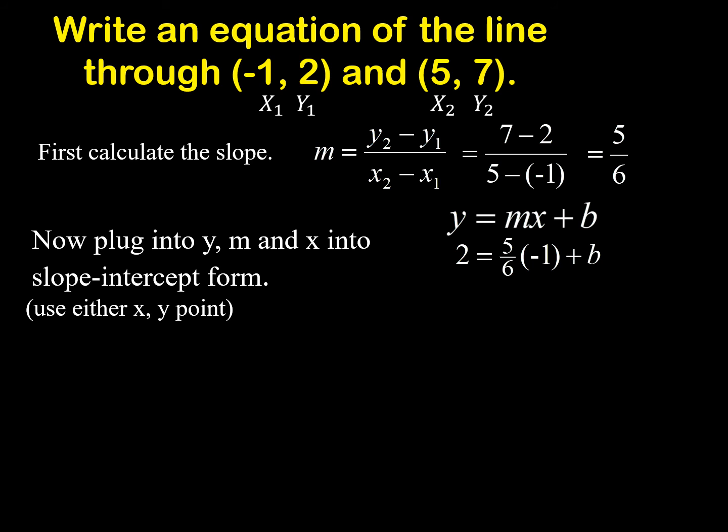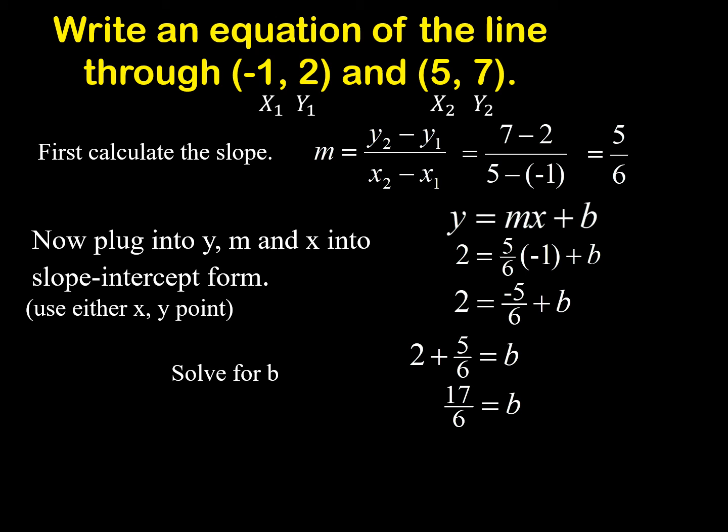I just use the first point, -1, 2. And then solve for b. So we have 2 is equal to -5 over 6 plus b. And then transpose -5 over 6 to the other side. It will become plus 5 over 6. Then 2 plus 5 over 6 is equal to 17 over 6. So that is b,